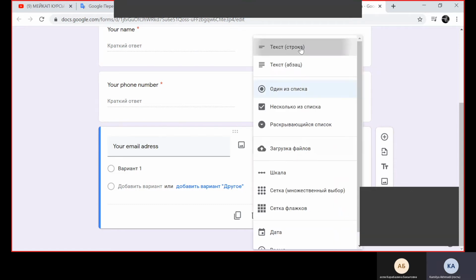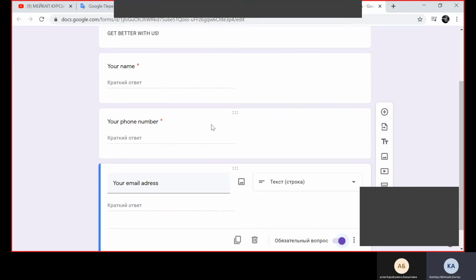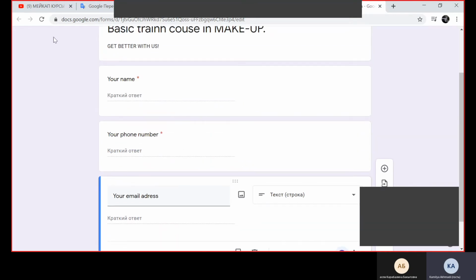Again, line, recurrent question. So here we have the main questions, and to make the visitor understand what he or she is dealing with,